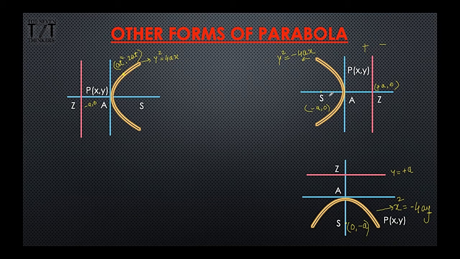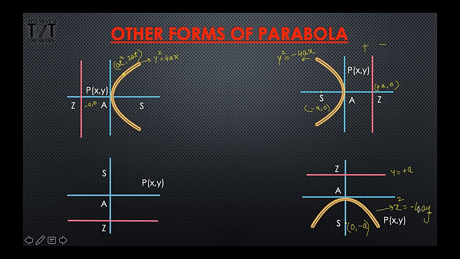If you know this, just change the x and y coordinate, or alternate it, and you will get the exact equation of the given parabola. Now we have seen a minus, so what would be the opposite of it? The plus. And so the equation of this parabola would be x square is equal to 4ay. So we have seen the equation of other forms of parabola, but we are left with one concept, and that